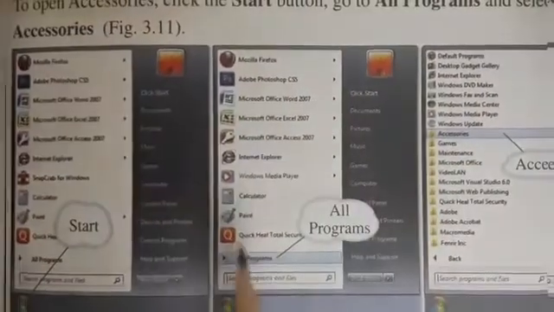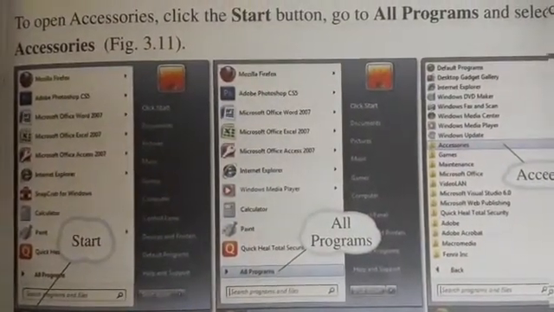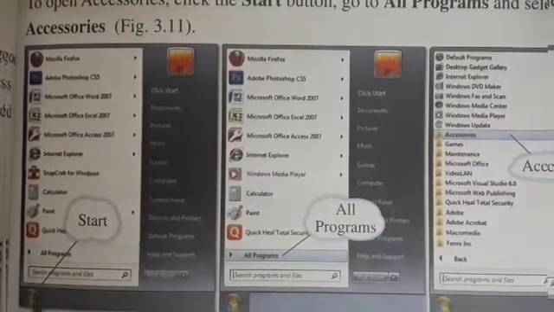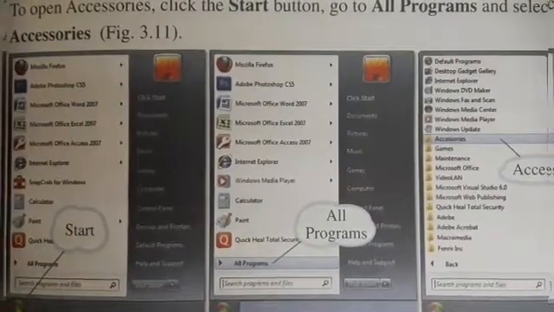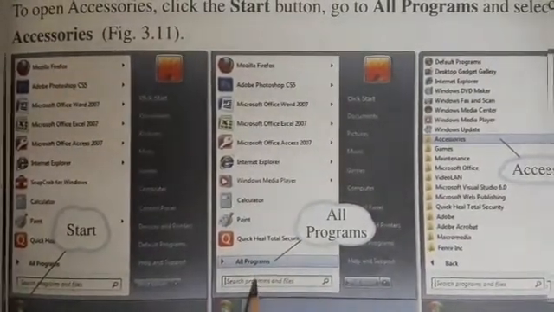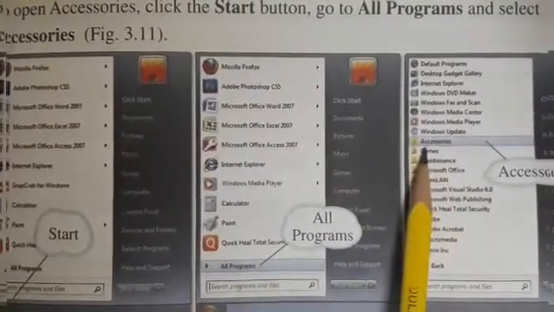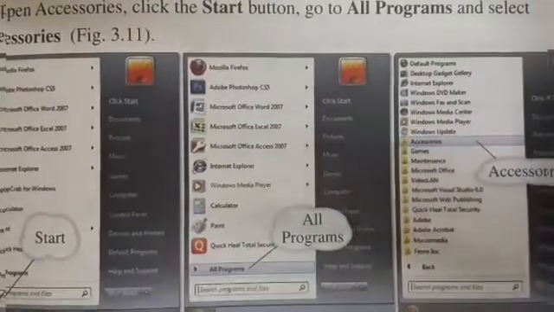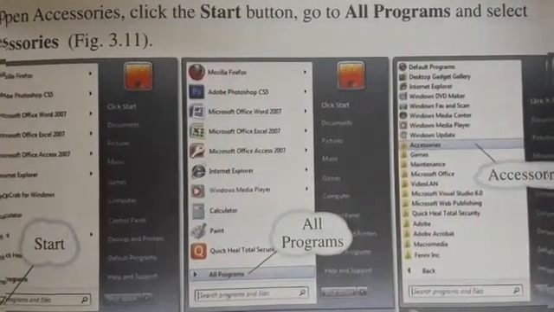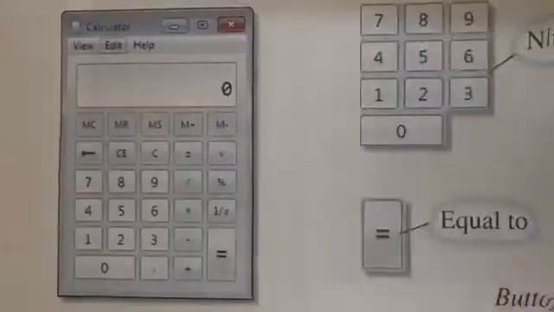First of all, to open accessories, click on the start button, go to All Programs, and then select accessories. Here you can see a variety of programs.